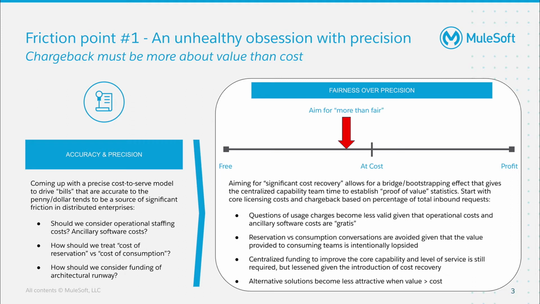When you get your organization aligned to a model of partial or significant cost recovery, the economics and incentives begin to align with the actual goal of adoption, specifically because creating and consuming teams will receive more value than they are paying for. If you roll out your service and model to internal stakeholders and someone asks for a breakdown of the bill, you can start with, here's what you aren't paying for, which then makes consumption costs and any dependency concerns easier to swallow.